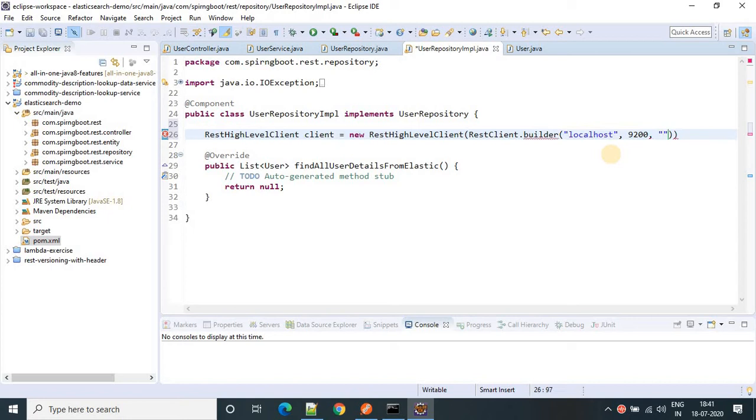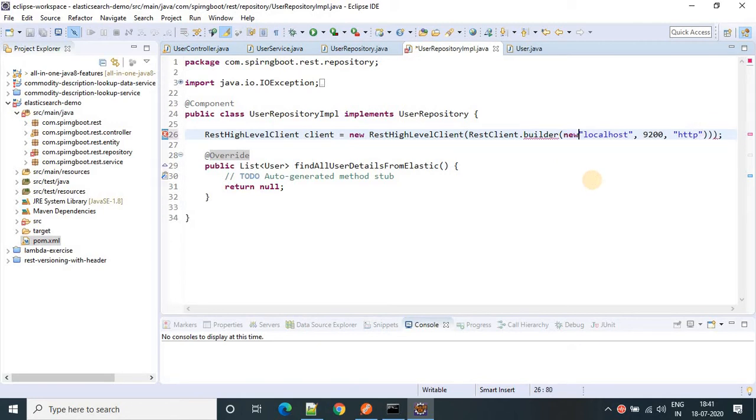In our case, it's HTTP. Okay, that's it. It's showing an error.